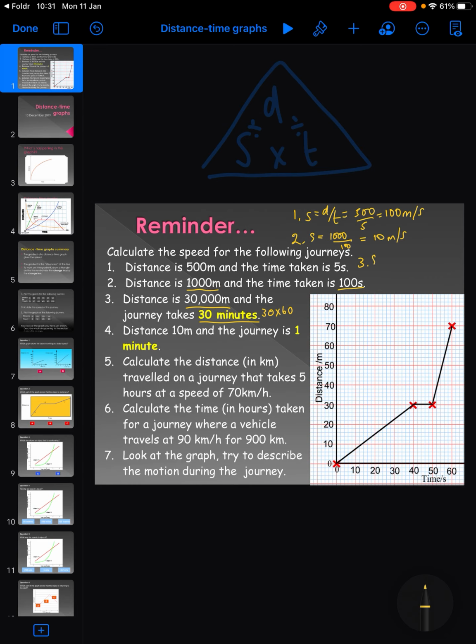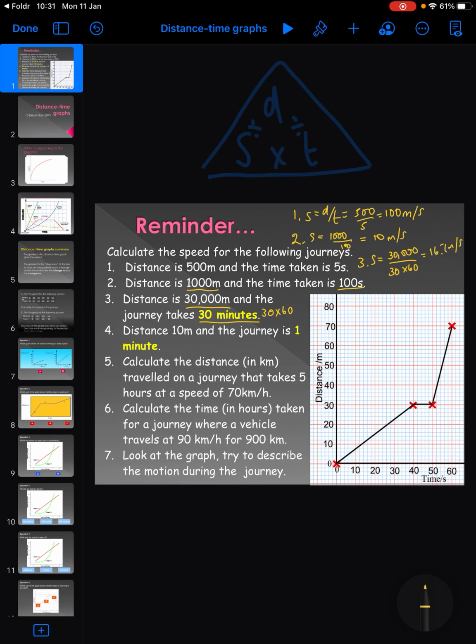So when I'm working out number 3, I'm going to do distance, which is nice and easy, 30,000, divided by time, which is 30 times 60. Again, remember, we're turning that into seconds. Just getting my calculator out to do this one. So 30,000 divided by 30 times 60 equals 16.6 recurring. Rounding that up to 16.7